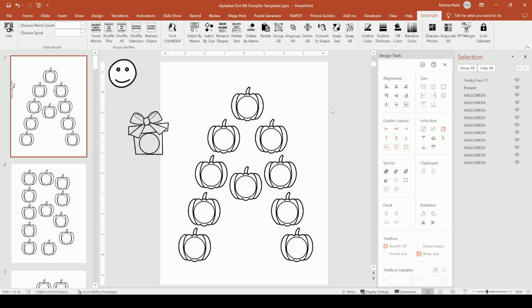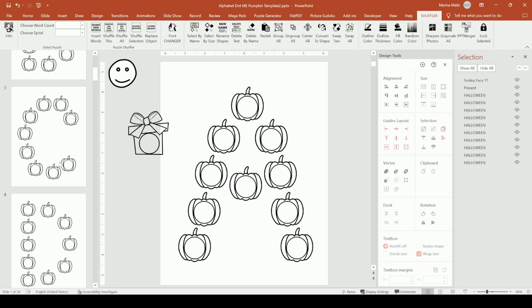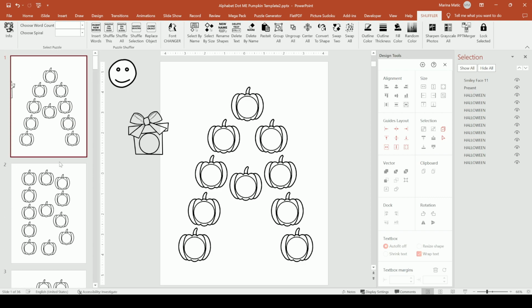But now Halloween is over and I want to make this into a Christmas printable collection. How can I easily change this into Christmas? I have all the letters ready, everything is ready. All I need to do is change every single pumpkin with this Christmas present. So how am I going to do that? I'm going to click on clone object with the present selected,